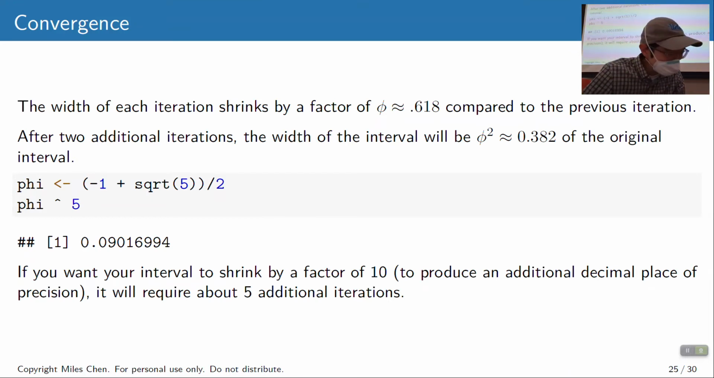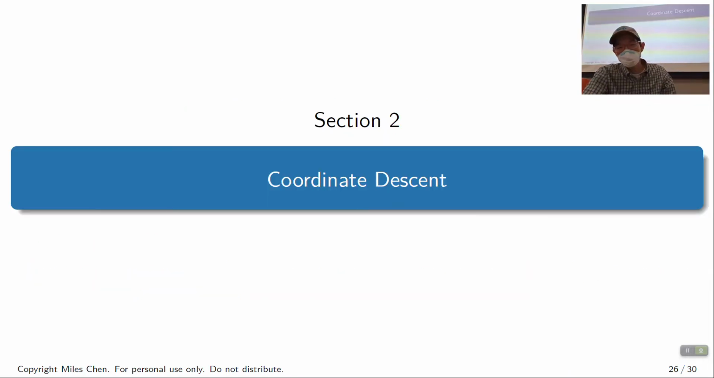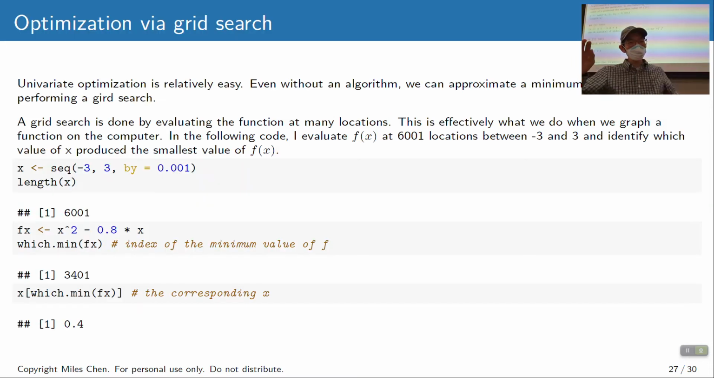Okay, let's take a look at another method. This method is called coordinate descent, and this is very exciting for me. Every time I introduce some of these new algorithms, I get very excited because I think they're so cool. I don't know how you guys feel, but